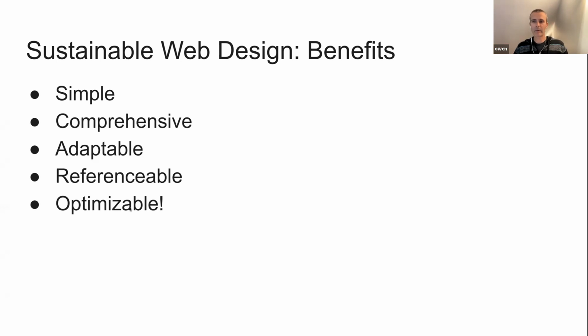Number three is it's adaptable. So if you have better information about electricity use or emissions factors in your area, you can adjust it to be more accurate. Four, it's a published standard. And five, this focus on gigabytes of data transferred is something that we can optimize. We can use it as the starting point for looking at our website and thinking about what we can do next,